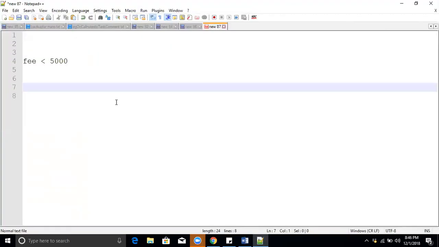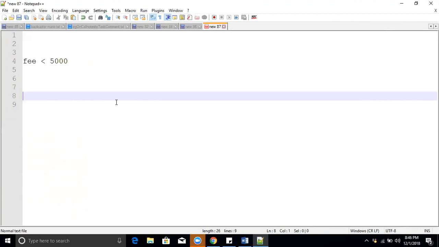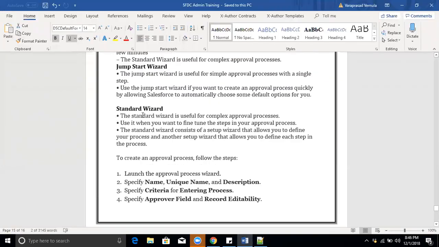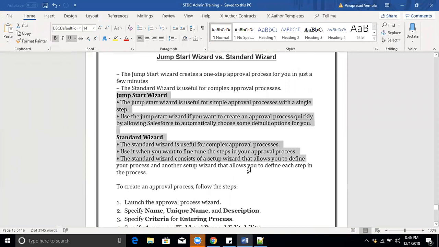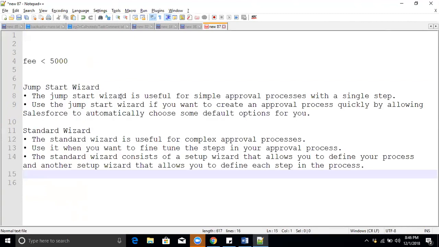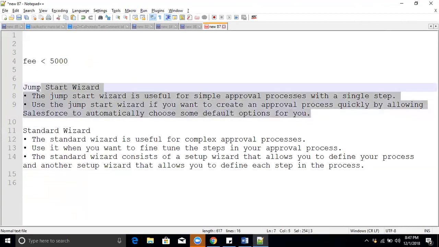Actually, in Salesforce we have two types of approval process. One is the jumpstart wizard, and another is the standard setup approval process. Why do we have two approval processes instead of one? For example, the jumpstart wizard is a simple approval process.